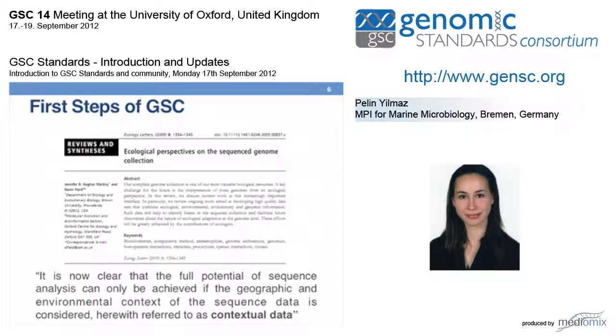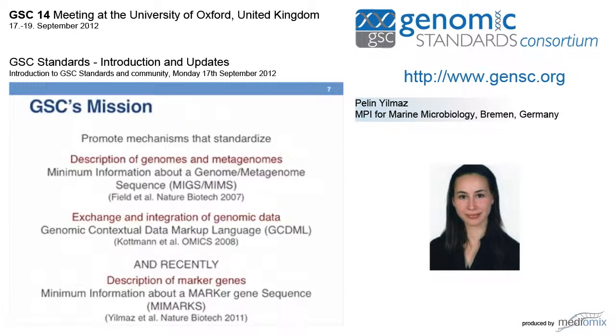But writing perspective papers was not enough to have people do these standards and submit these data. So they formalized these missions in the form of GSC, Genomic Standards Consortium. These are the historical missions of GSC. There are 3 missions. The first is to promote mechanisms that standardize the description of genomes and metagenomes. And this was accomplished by publishing the minimum information about a genome or a metagenome sequence, the MIGS and MIMS,